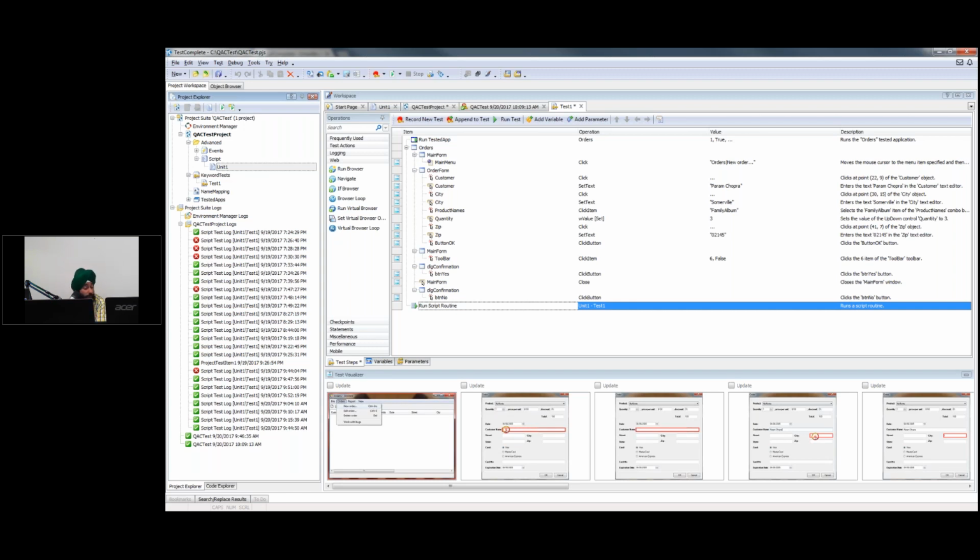If you want the file exactly, go ahead and script it in TestComplete. Certainly recommend it. Good questions though. All right, so